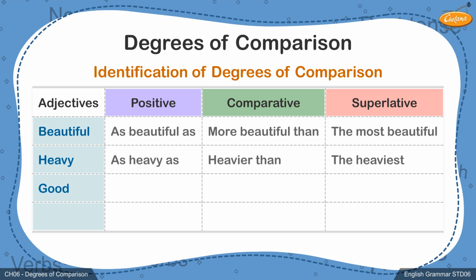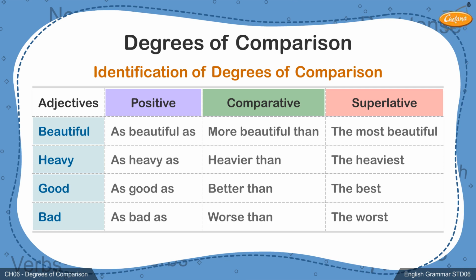Let's consider a few distinct examples. The adjective good can be written in the following manner. As good as, better than, the best. Similarly, the adjective bad can be written as bad as, worse than, the worst. Now that you have understood to identify the three degrees and write different adjectives in all three degrees,